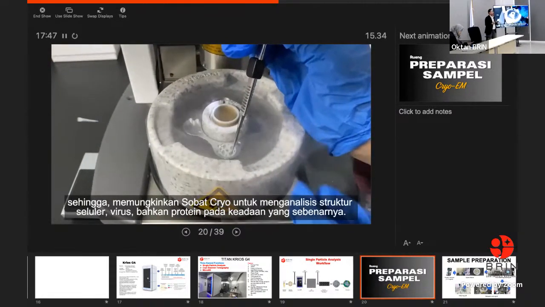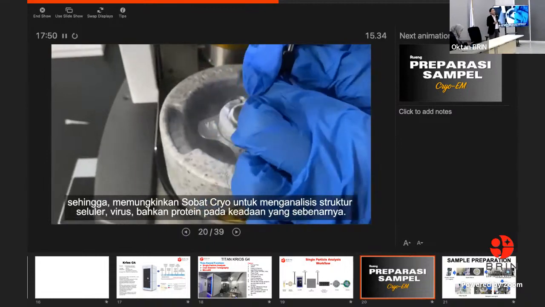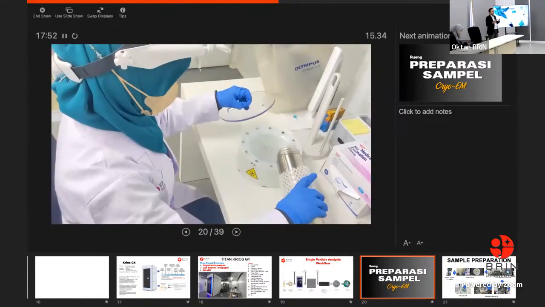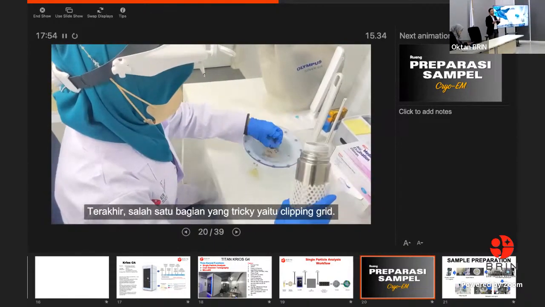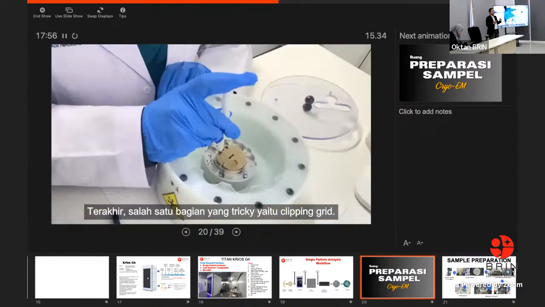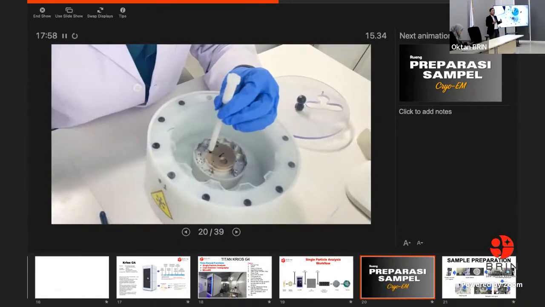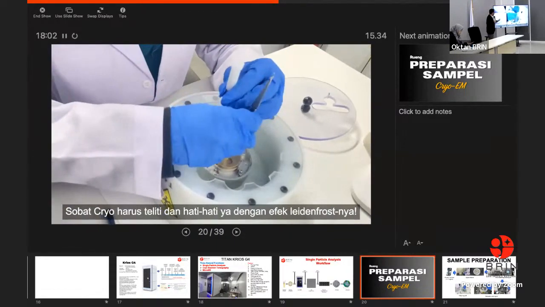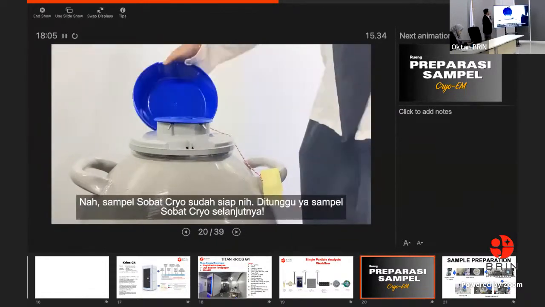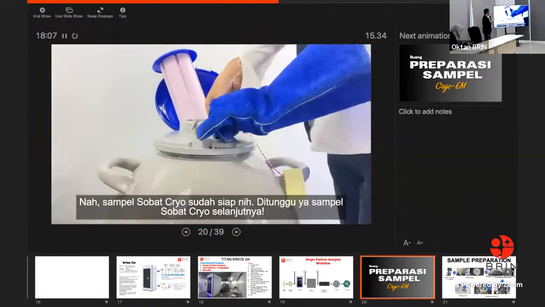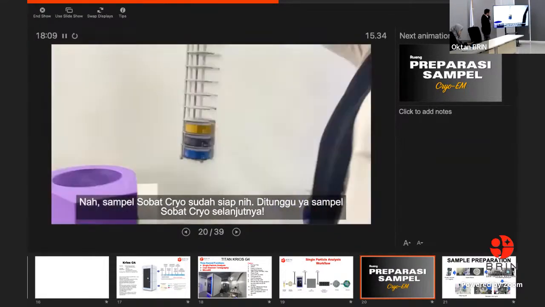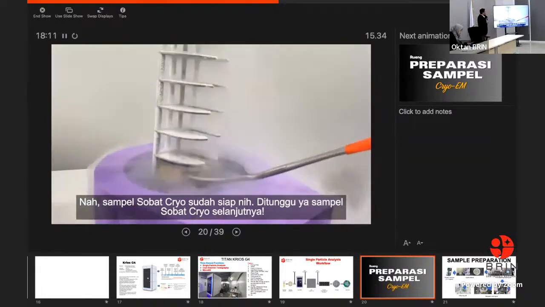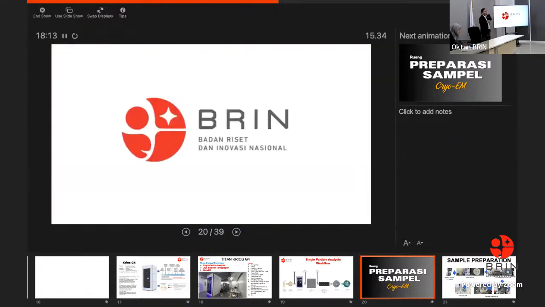In this case, our protein sample is still in the native state, yeah. And we could do clipping. And after this, we bring it to the kiosk. This is very simple. It takes only 1 hour. Yeah.